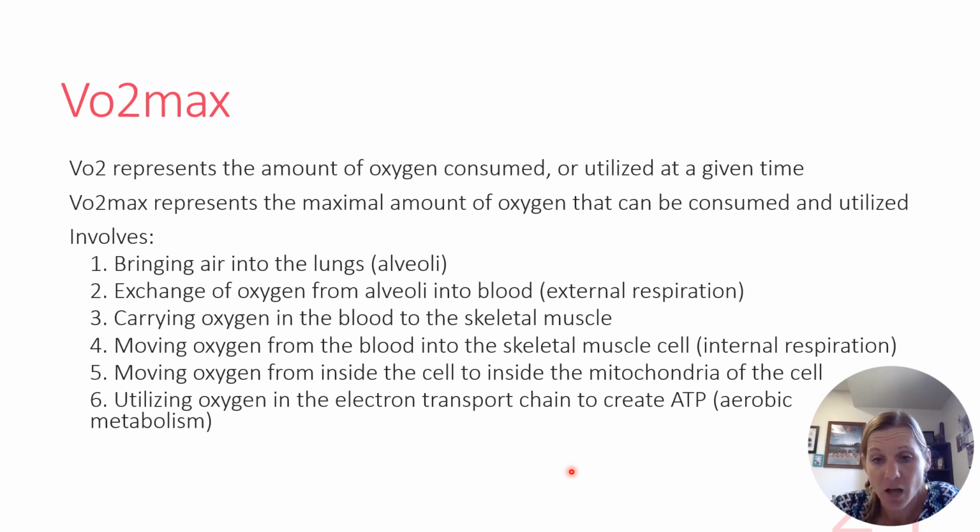So a lot is going on here, right? There's a ton happening within this process. So there's a lot to think about when we consider what is limiting us, what is separating one athlete from another, one person from another, in terms of VO2 max. Lots of things. There are lots of spots where we could have an error occur or have kind of a weak link, you could say.